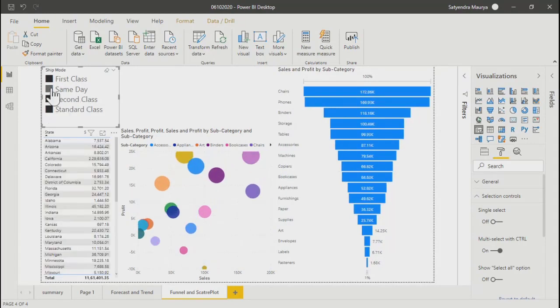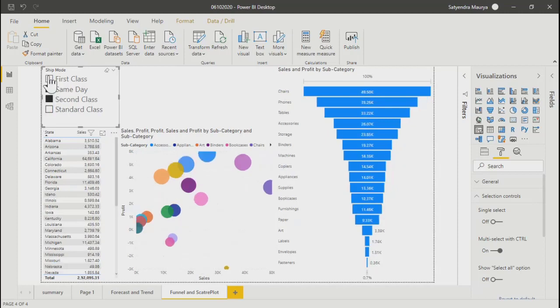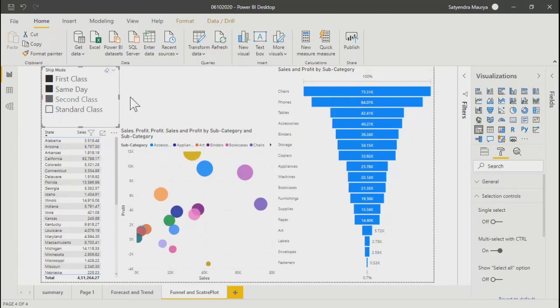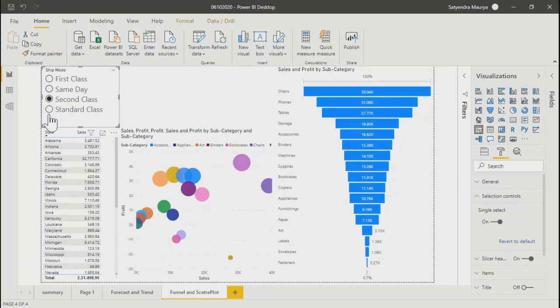But in the Power BI web service, as soon as you publish it, you will be able to do it using the mouse only, and you can select multiple values. But in Power BI Desktop, you need to hold the Control button and only then can you select multiple values, right? So that is one kind of difference or discrepancy. You can call it a limitation or whatever you like, but yes, with Control it will operate. So over here, as soon as you enable single selection, it will get converted into radio buttons.